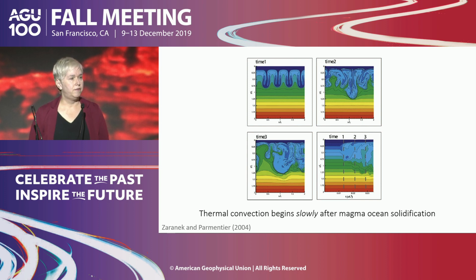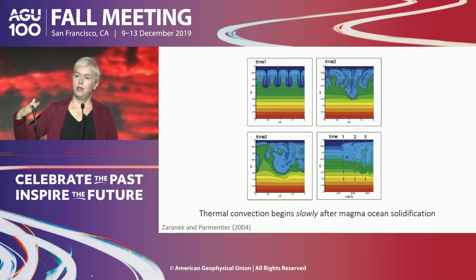Now, if you look at the top left, you see the colors are actually density, and the densest material is at the top in the dark blue, and the least dense is at the bottom in the red. It's a simple linear density profile approximating the pre-overturn density profile that I talked about earlier. Now, the heat transfer boundary of note here is the top against the atmosphere and against space. And that material is able to become cold enough that through contraction based on the mineral's thermal expansivity, that material can become dense enough that it starts to sink downward. So then we're getting some thermal convection. But it reaches a point at which the dense cumulates beneath it